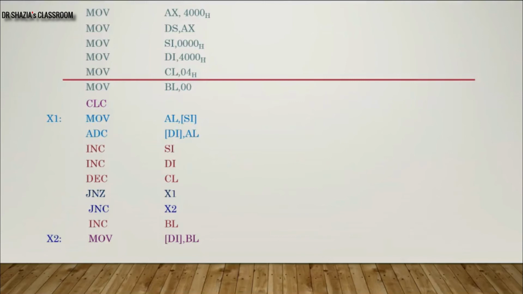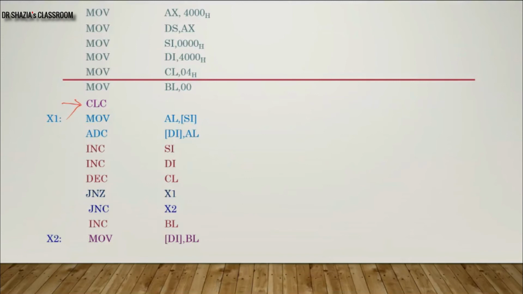In this particular program, we are going to see an instruction which is CLC, clear carry flag. Why am I going to use this clear carry flag? Because whenever you are using the instruction add with carry, the content of the carry will be added. So if initially I have not cleared my carry flag, my result may be erroneous. So to keep my addition error free, before using add with carry, first I have to clear the carry flag. So first we will clear the carry flag.